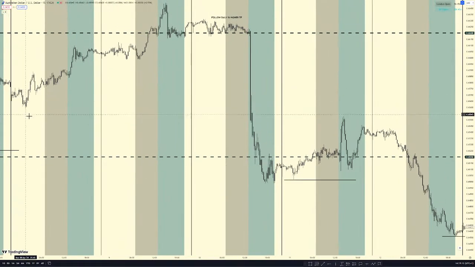So this is Monday, Tuesday, Wednesday, Thursday, and Friday. And then you see these shaded levels. You see this ash area. This ash area is London session. This area that is not ash, this yellow area, that is Asian session. And then this blue or green or gray area, as you would see it from your end, that is my New York session.